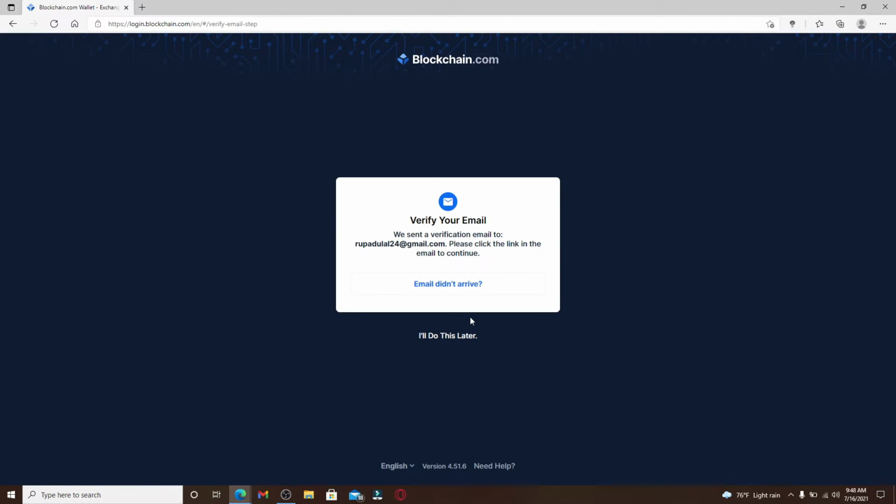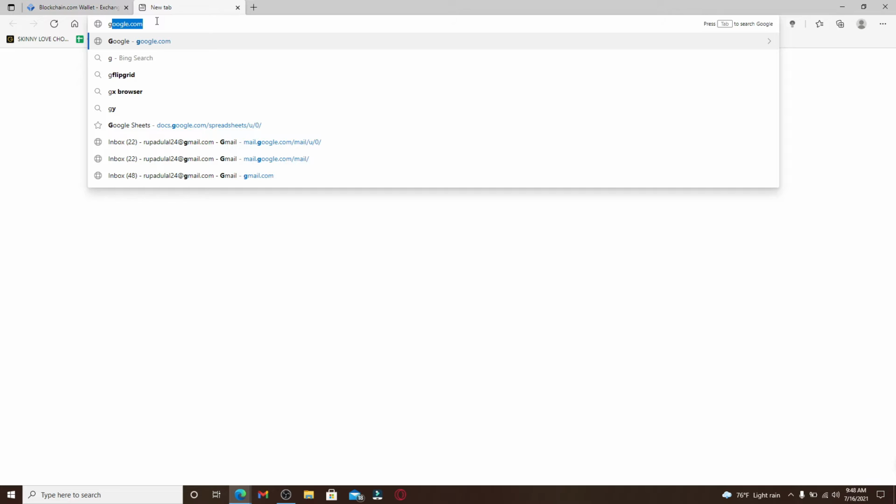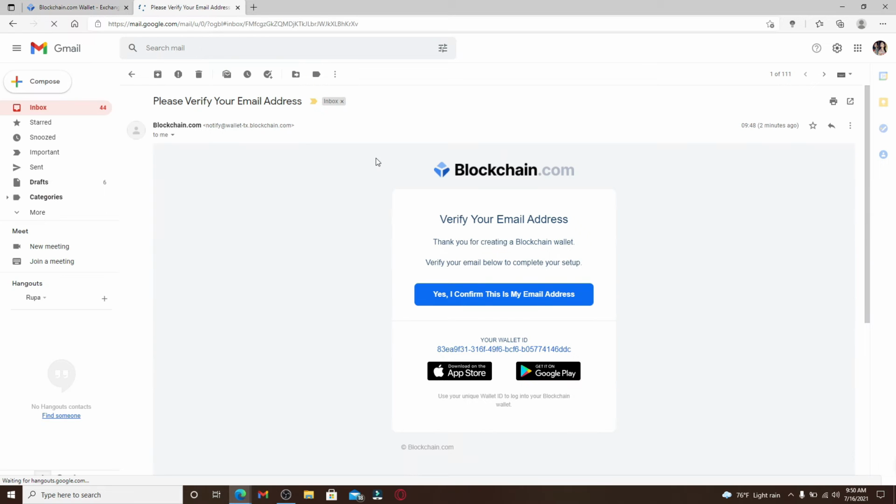Wallet. Now, blockchain has sent a verification email to the email address that you just entered before. So all you need to do is go and click on the link that is attached to the email. Let's open up a new tab and go to the email address of yours that is associated with the account. Since I signed up using my Gmail account, I'm going to open up my Gmail inbox and there I have